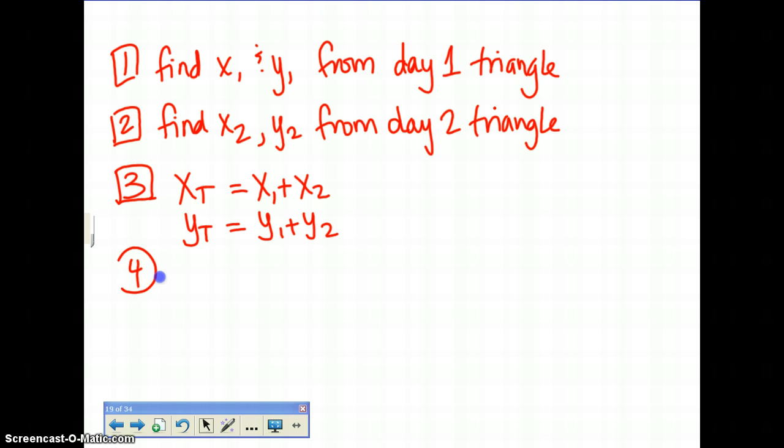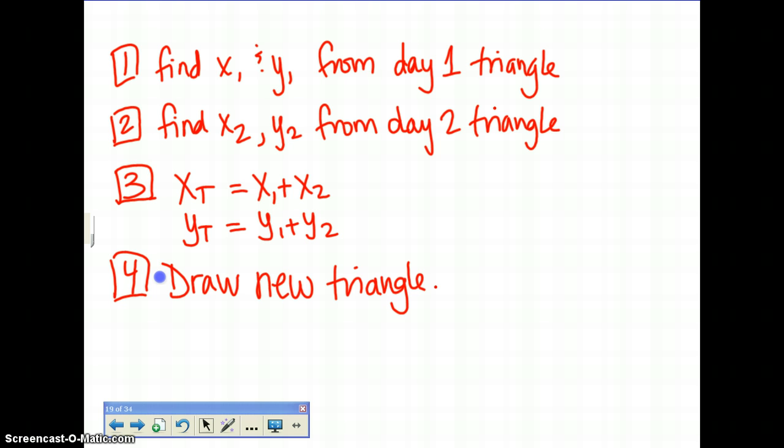The fourth one comes into play with having to draw your new triangle, since now you have the x total and the y total. So what you want to do for this draw new triangle is figure out which one you want to start with, your x or your y. And the way that you will know which one to start with is look at day 1's triangle. Okay, so the first vector drawn